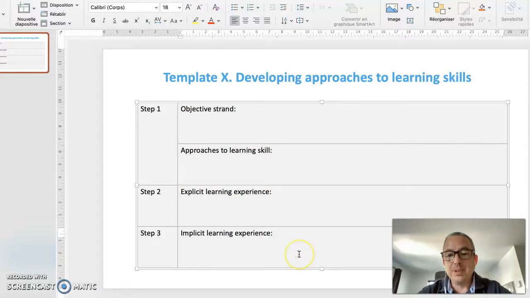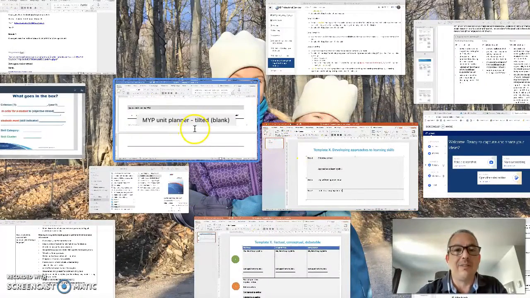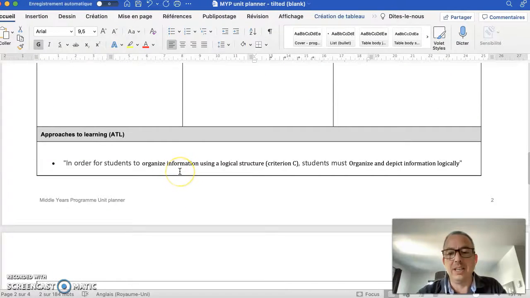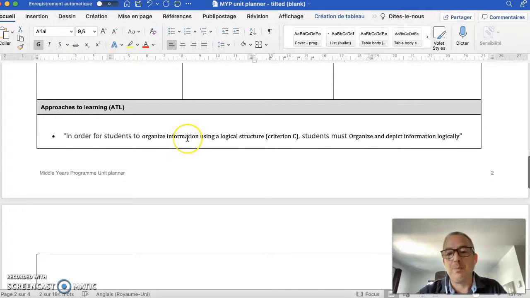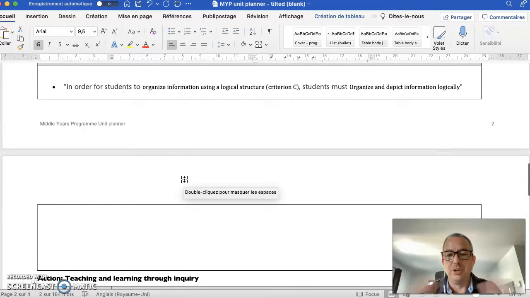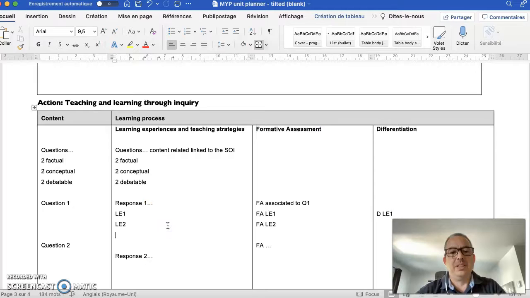So the two learning experiences are things that we are going to do throughout the unit. So at some place in the unit, we are going to plan a few times where we are developing explicitly these skills. So these learning engagement activities, if I may say, are not going here. They might be if your coordinator, IB coordinator, asks you to, because I personally like the teachers to copy it here as well, because I can use it for my ATL chart in our school. But else, the ATL activities